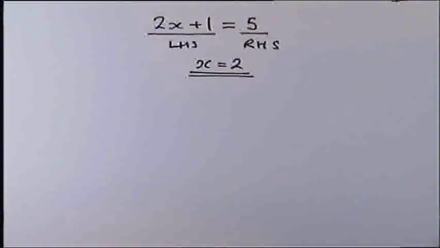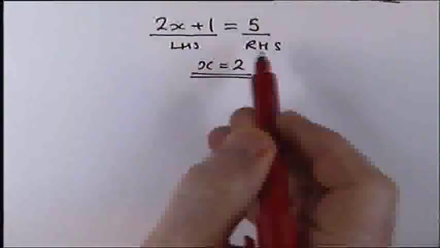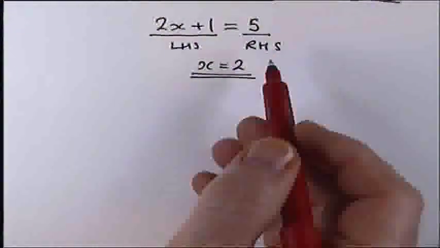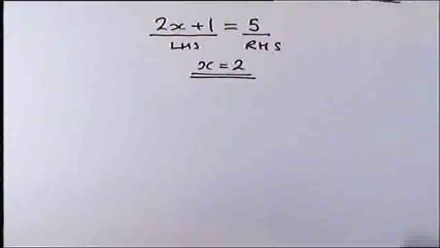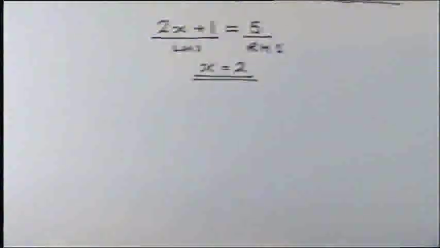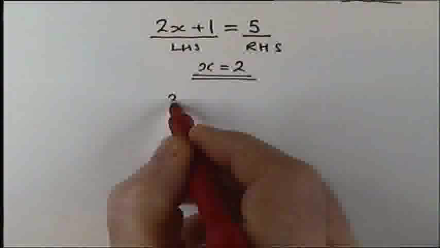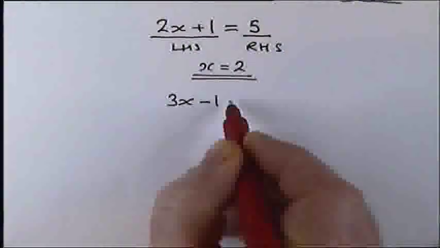You've worked out what the unknown must be on the left hand side to make the left hand side equal to the right hand side. Now remember, LHS is shorthand for left hand side and RHS is shorthand for right hand side of the equation. Now that's perfectly valid, and for some equations that you can use that to solve the problem. However, if I make the question slightly harder,